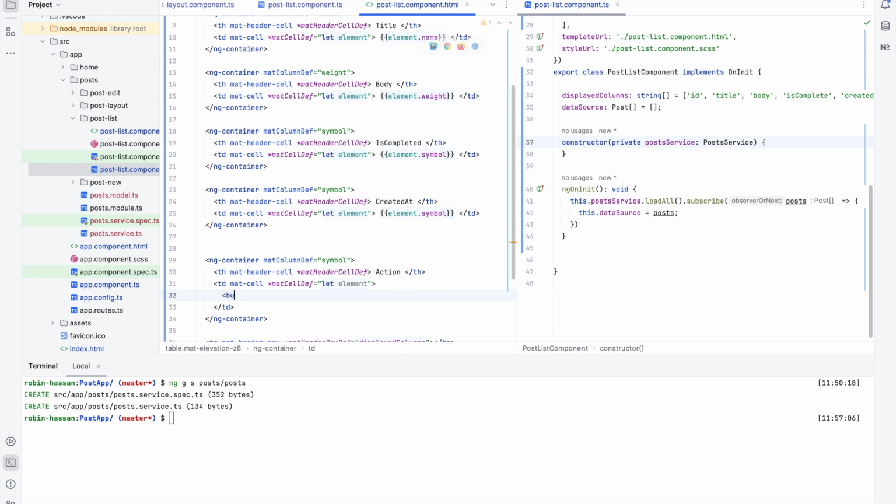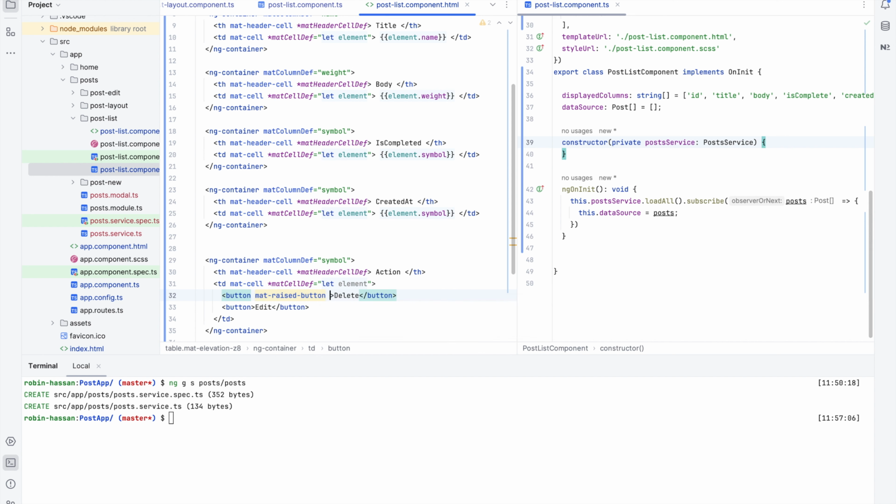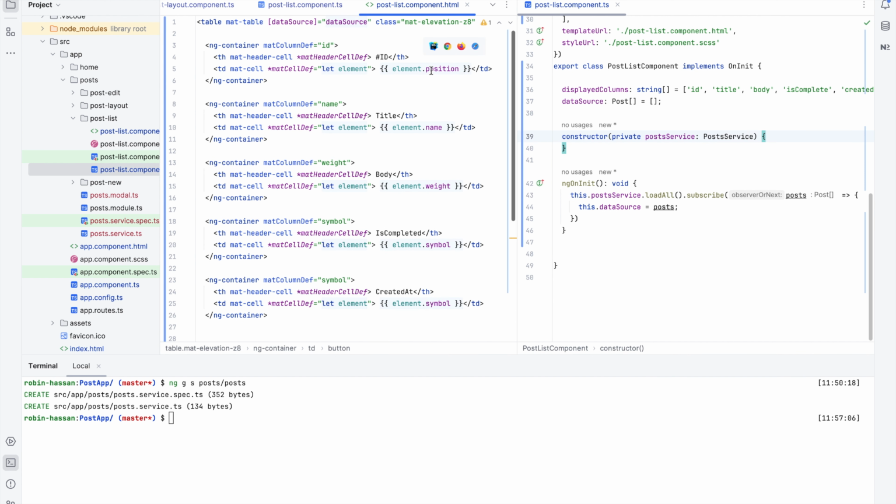We could have a button, delete. We could have edit, and we can say mat-raised-button, and color one, whereby for this we can have accent. Now for all of these elements: position, ID,